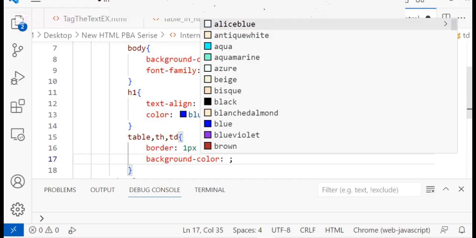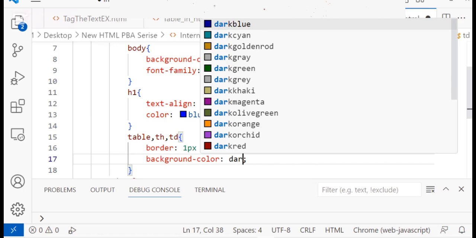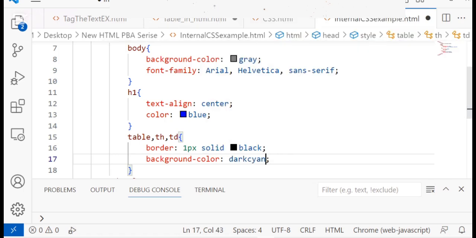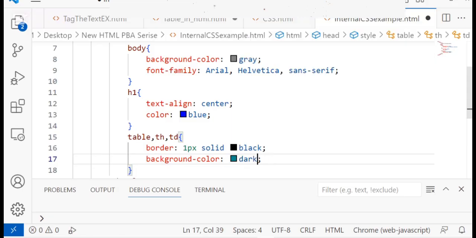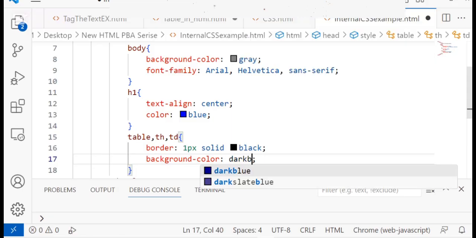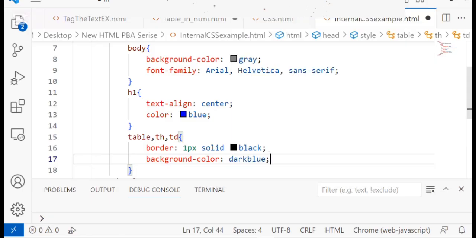Let me just change this color again, because I'm going to use a color that is visible to you. So let's change it to dark blue, and these properties will apply on table heading and table data and the complete table as well. Okay, so let's change this text color to black for visibility.